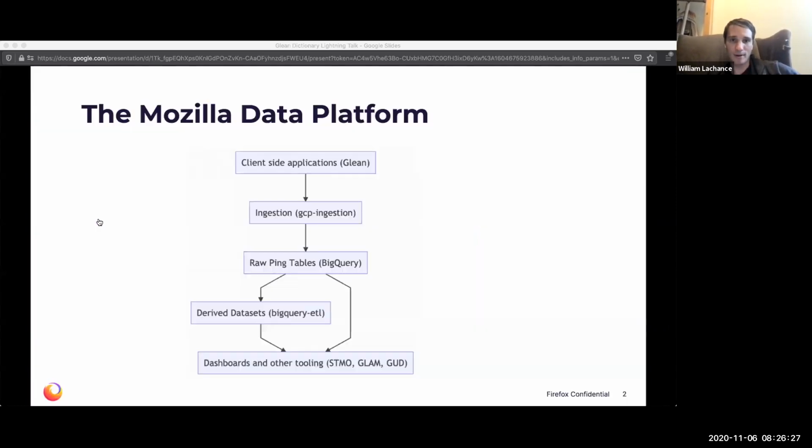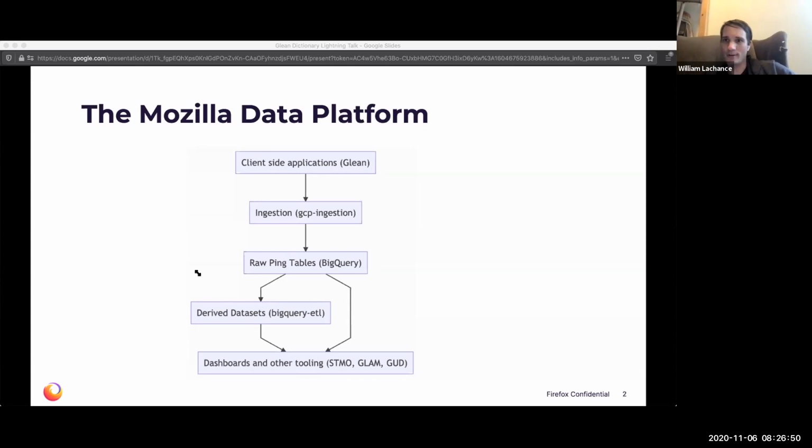So I'm just going to start with a really quick overview of the data platform, which is probably going to be familiar to people, but it's the scaffolding which this presentation is going to build on. So it's kind of at the lowest level, right? In terms of data, we have what are called client-side applications.